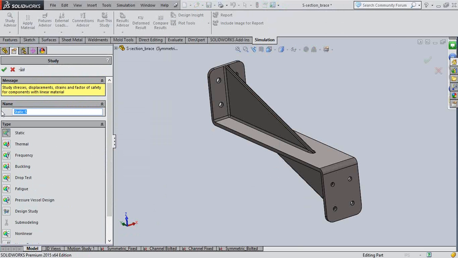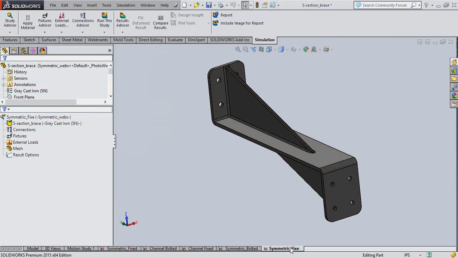Let me say I'm going to work on symmetric, so I'll name it symmetric with fixed boundary condition, and just click OK on the top. Once I click OK, a new study appears at the bottom for me. You can see down there,